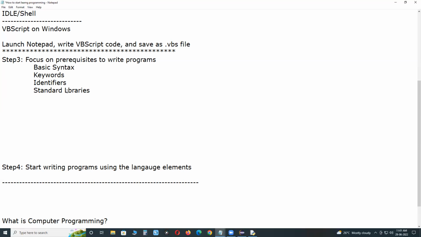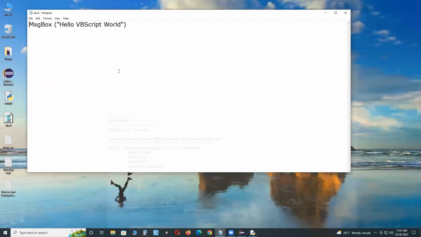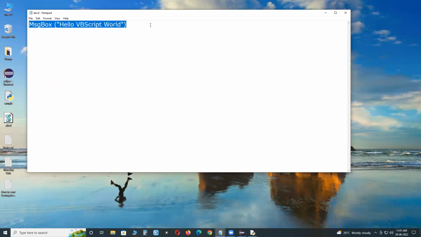Just a minute. I will show that one. Suppose if you want to declare variables here, it supports explicit declaration using the dim statement. We declare variables in VBScript, a lightweight version of VB.